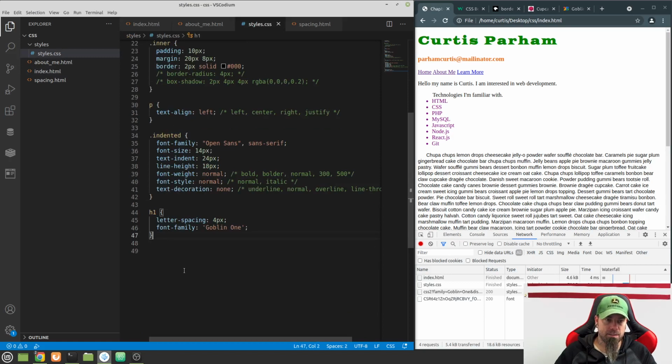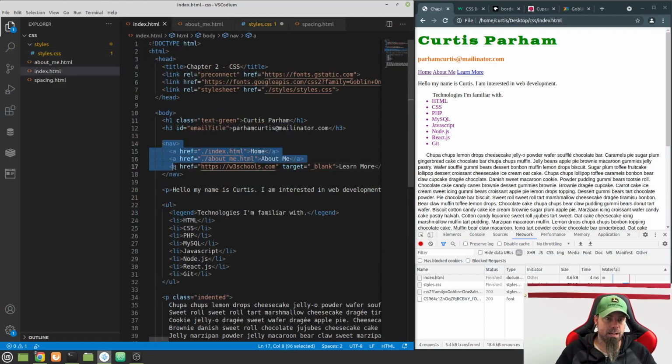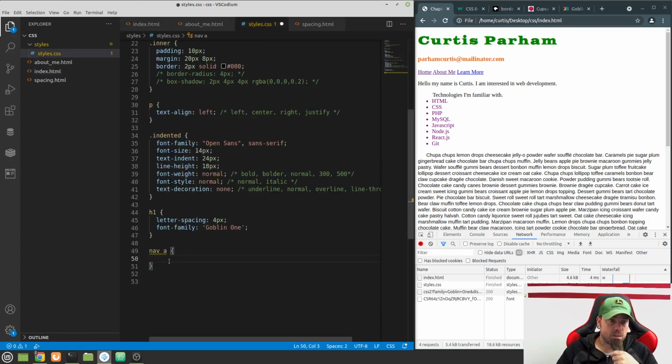So let's go down here, and I am just going to add this nav A back, and this is only going to affect links that are in my nav container. So if we look at the index.html, we have this nav element that we set up, and inside of there we have these three links, and so that's how those are. So let's go now and let's say inside the nav A,